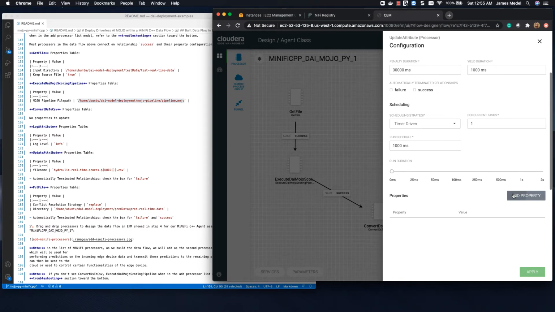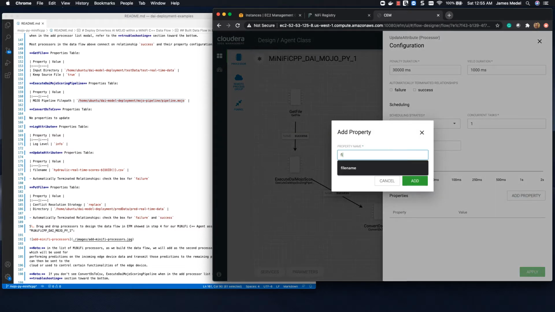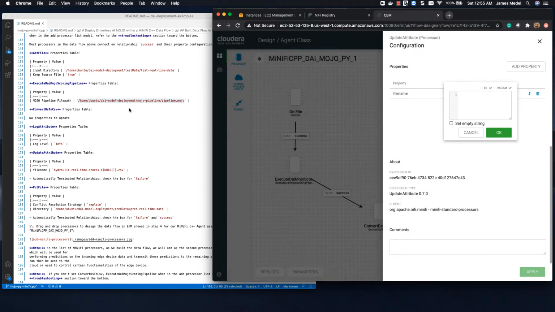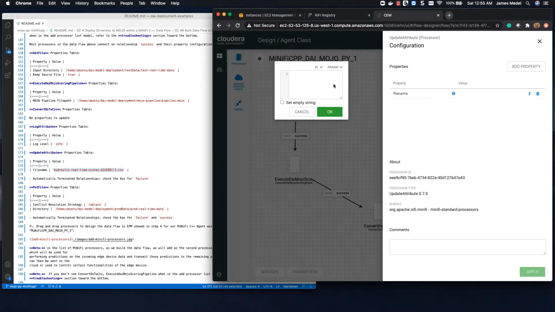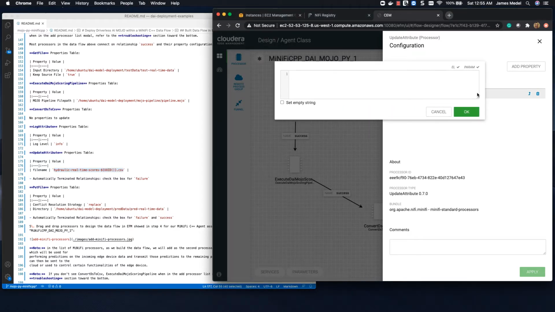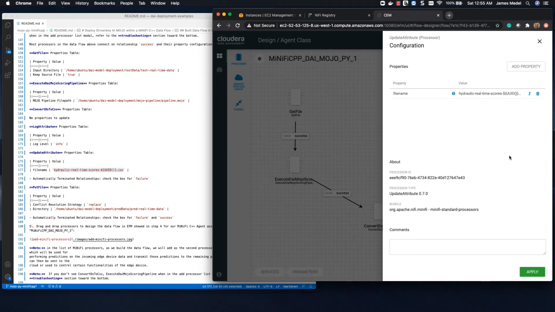For this one, update attribute will add a custom property file name, and what's going to be included there is going to be hydraulic real-time scores, the UID for a unique identifier. This is to ensure that each file has a unique file name as they get stored onto the local file system. We apply,